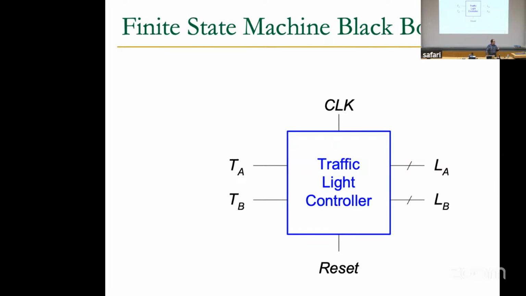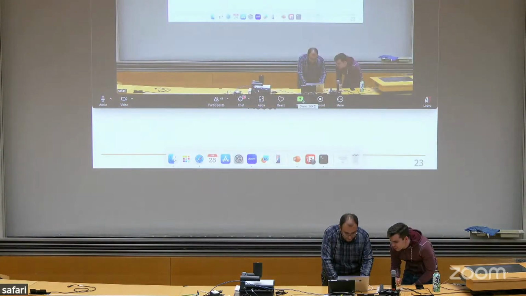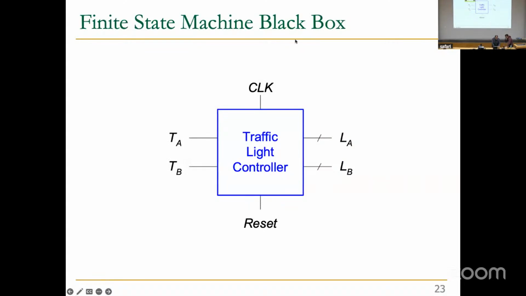By the way, did we resolve the problem in YouTube? Yes, but there's still an issue with the screen sharing. Can you stop and start the screen sharing? This is also the problem in Zoom. Yes. Just stop and start again. This one? Yes. I think when it breaks, yeah, now it should be working. Okay.